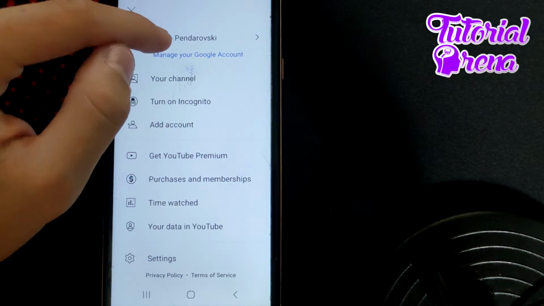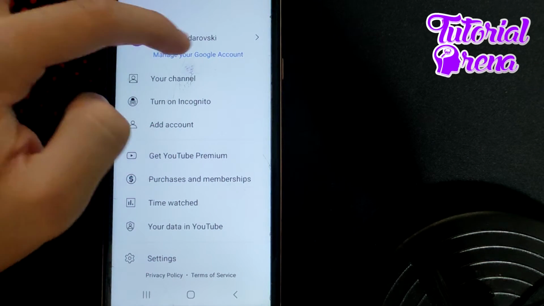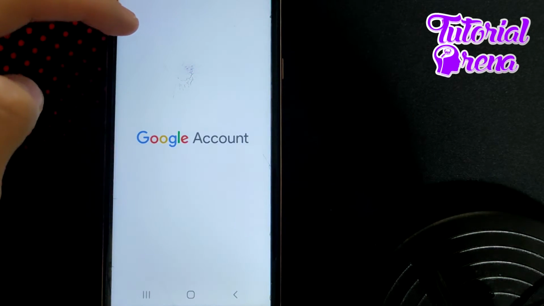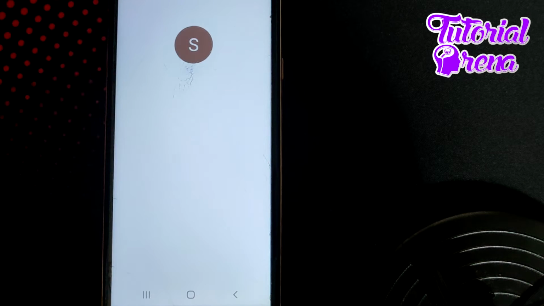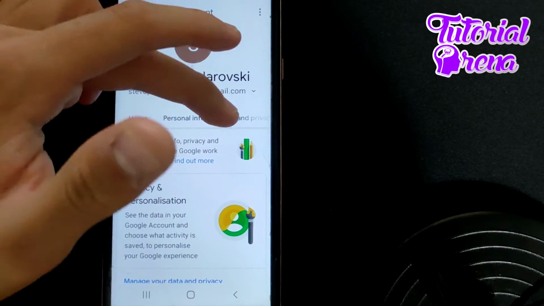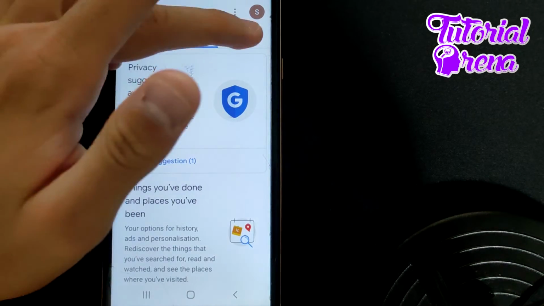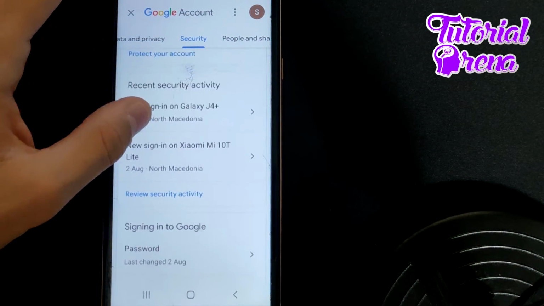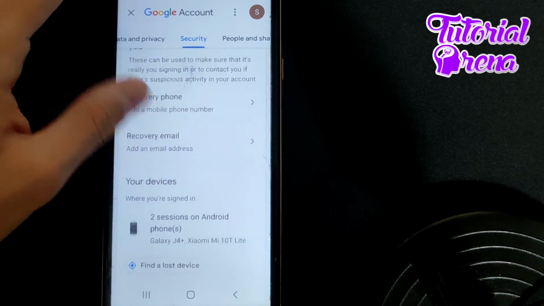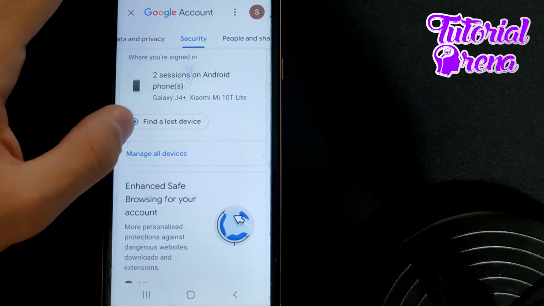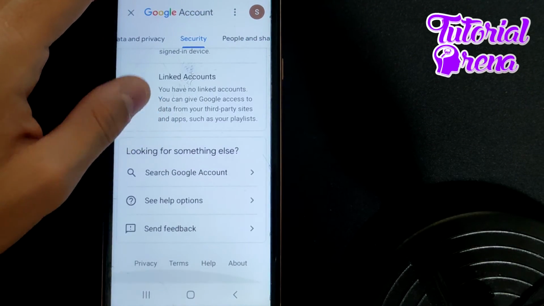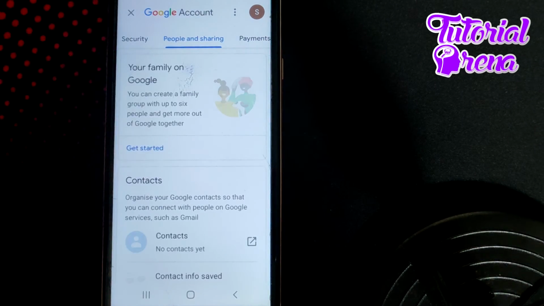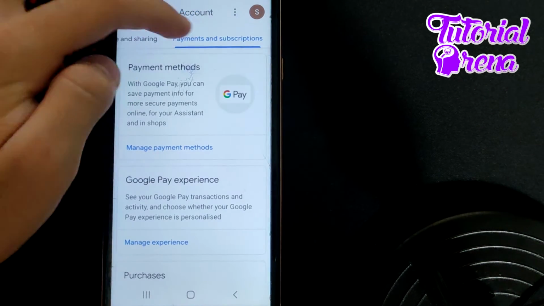Also, the next option is to go to Manage your Google account, and as you get right there you're going to be able to log out from your account selection, or simply sign out as you see it on your screen. Go for Data and privacy or Security, and right from here you can check it over and go to Manage all devices and get that real setup for simply taking off or signing out